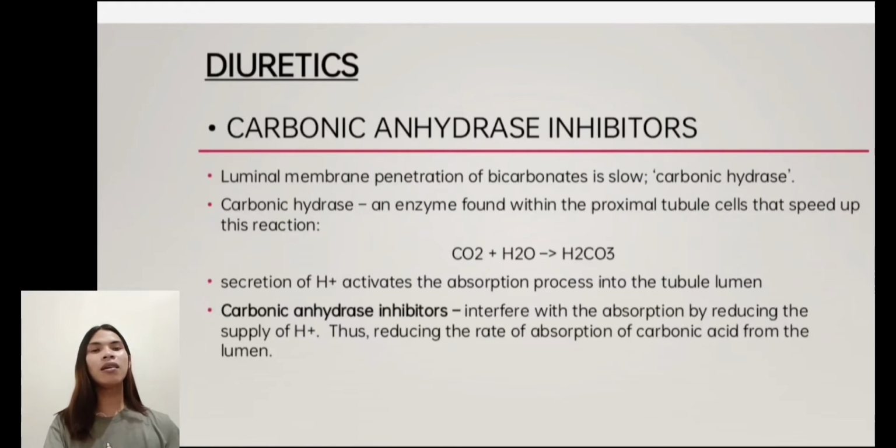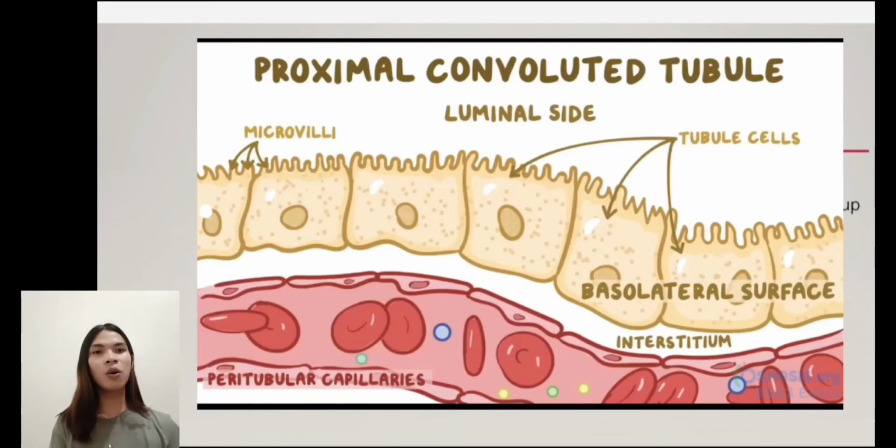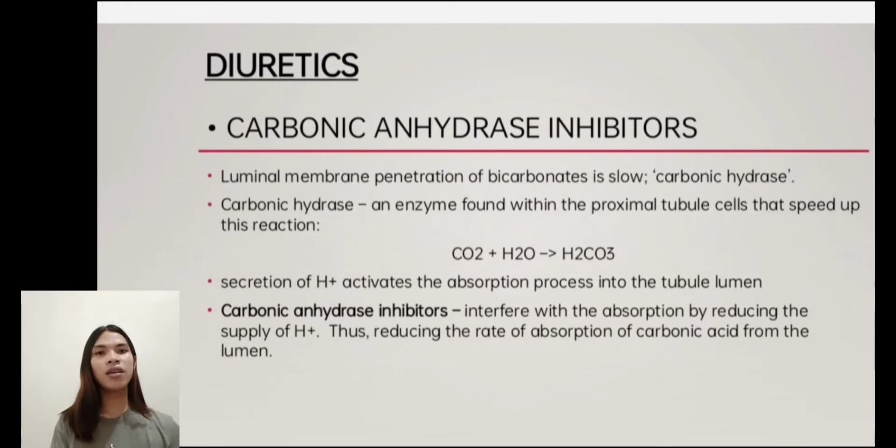Let us talk about carbonic anhydrase inhibitors. Bicarbonates penetrate the luminal membrane very slowly, and its absorption in the proximal tubule is heavily dependent on the presence of an enzyme, carbonic anhydrase, which is a zinc-containing enzyme whose function is to speed up the attainment of equilibrium of the reaction, which has the formula CO2 plus H2O equals H2CO3, or what we call carbonic